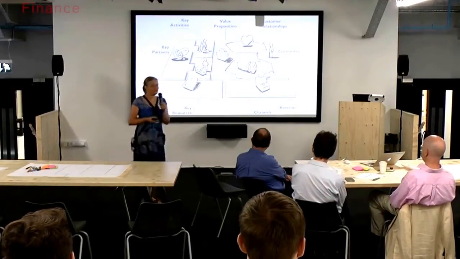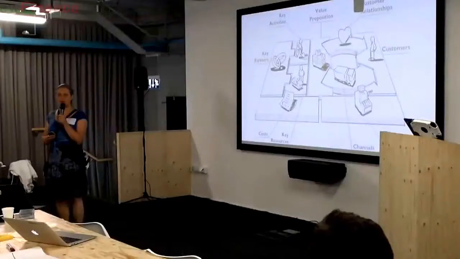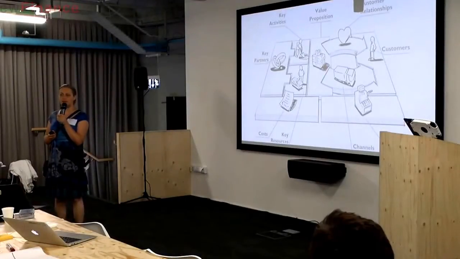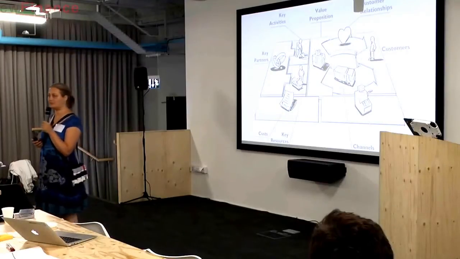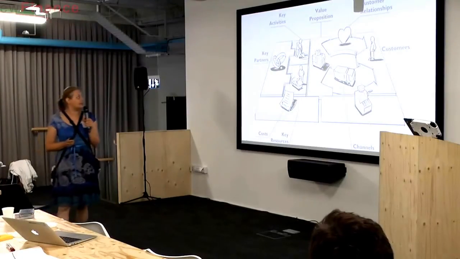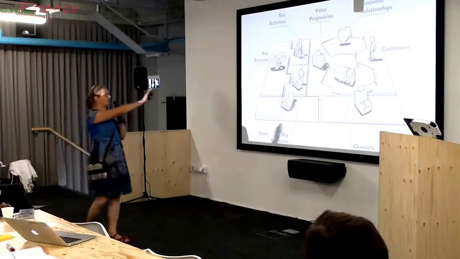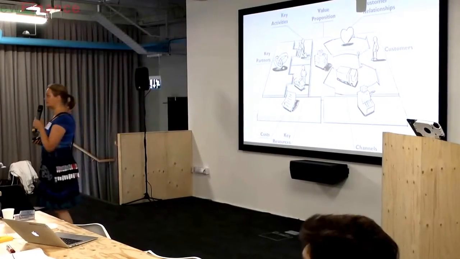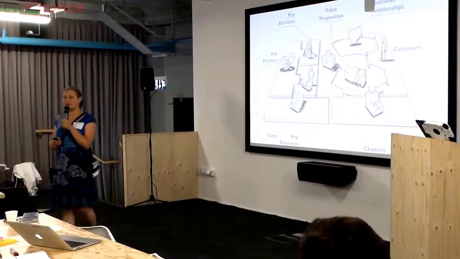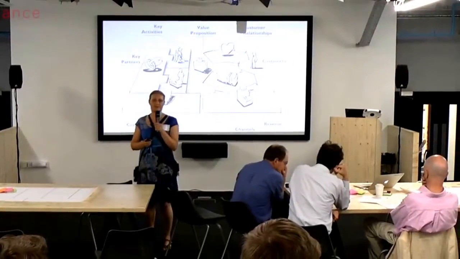Nine elements, that's all there is to it. I'm going to go through them one by one, and if you guys want to add to my very brief explanations, please feel free. So the whole thing starts on the right-hand side with the thing on the furthest there, which is the customer. The customer is the person you serve. Very easy, but more than that, we're talking in business models about customer segments.